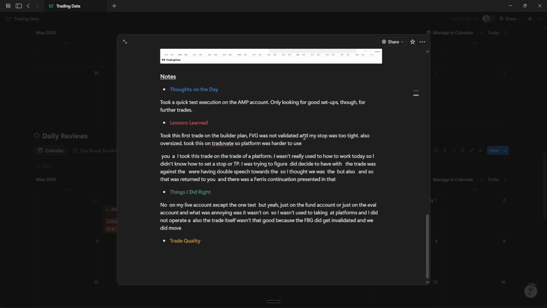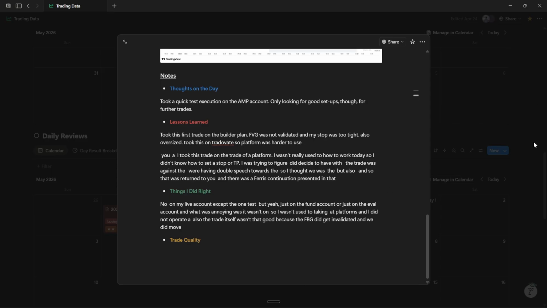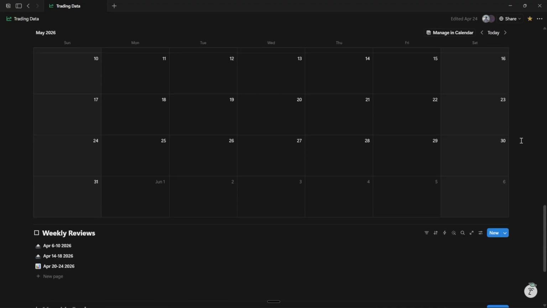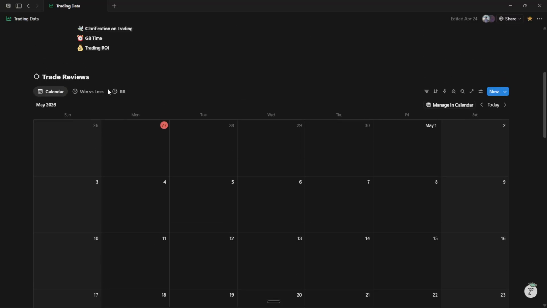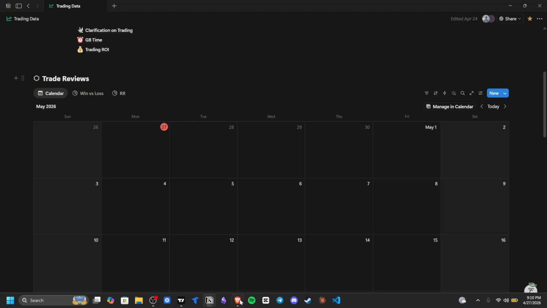And obviously it's attached to my journal so you can read all this if you want to. But this is pretty much discussing what I did today and how I over leveraged and how I was wrong. So we'll handle that. Obviously, these are my weeklies and then my trade. I'm gonna log this as a trade.